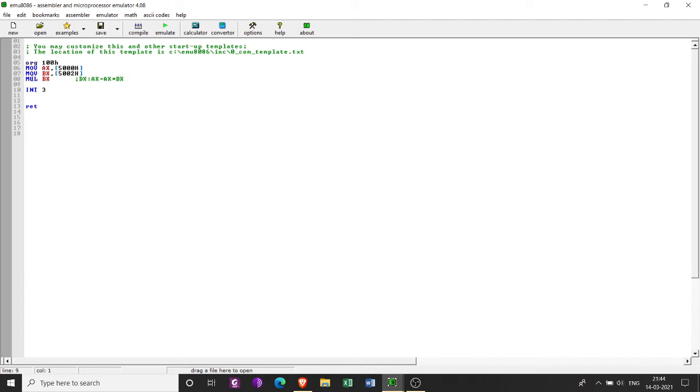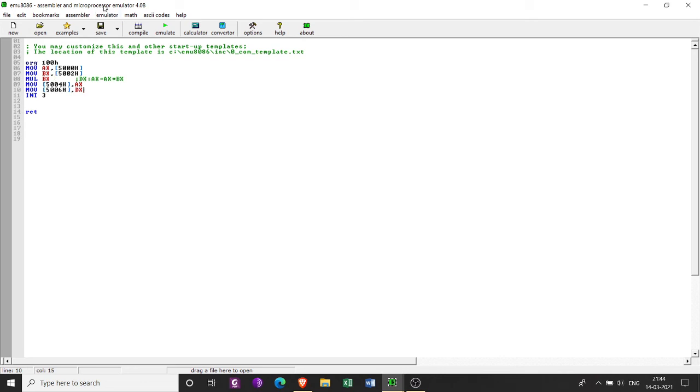In the next lines I am going to store the result present in the registers of the processor into memory locations. Move, and I am going to write 5004, the lower word of the result. The lower word will be in AX, and then the higher word will be in DX. For that the address will be 5006H, and then DX.